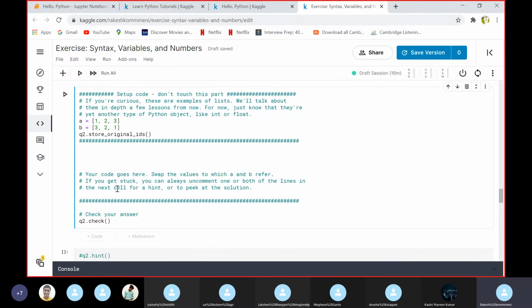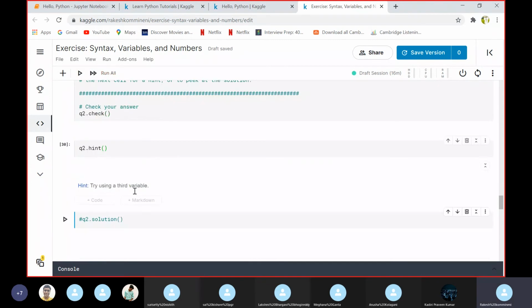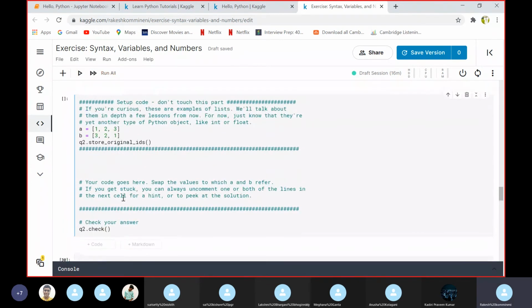So we are using the hint, using a third variable.